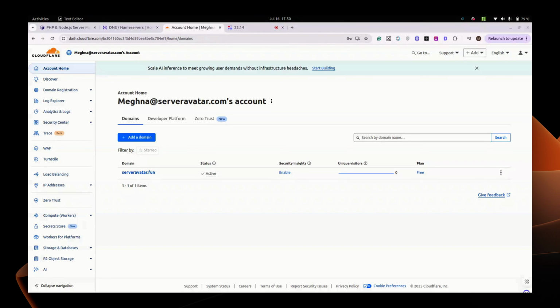So now let's update name servers or A records. First is to change name servers. For that, simply copy the name servers provided by your hosting provider and paste and save them in your domain panel, as we have already done. Second one is to use A records.